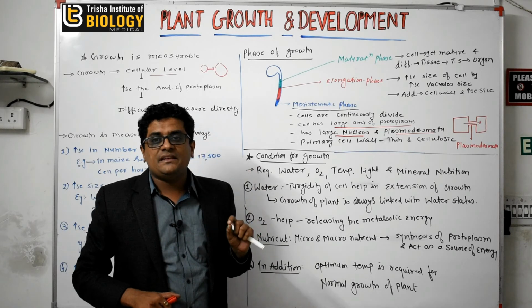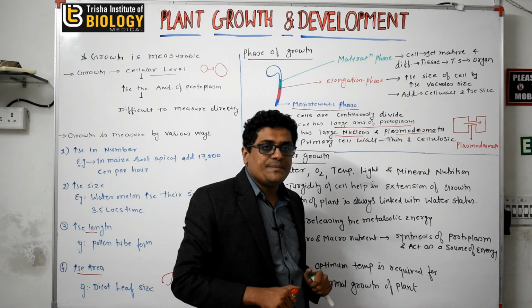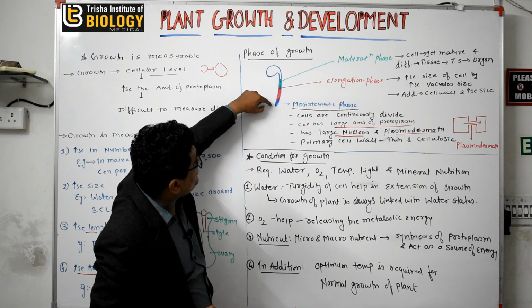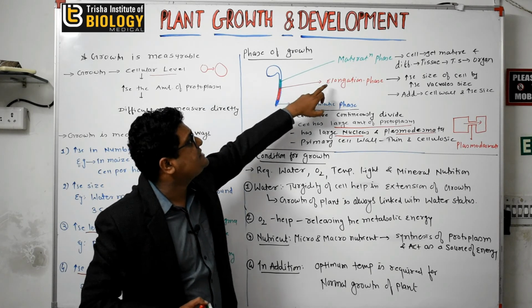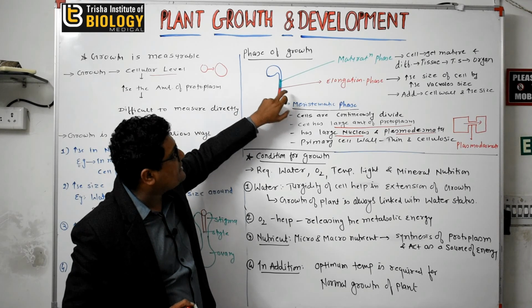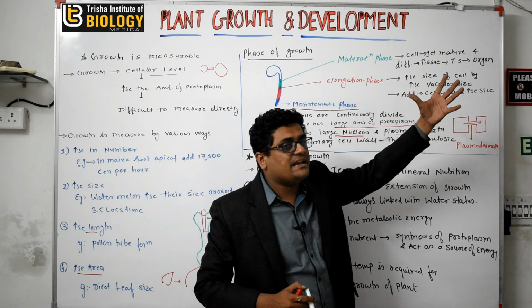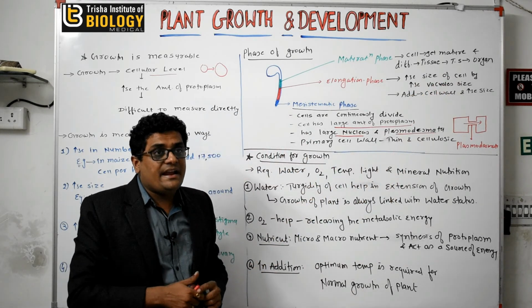Always in the meristematic cell, the cell wall is primary, it is thin and it is made up of cells. Second, just a few above the meristematic phase, it is the elongation phase. And this elongation phase, the red part, it is the elongation phase. And elongation phase increases the size of the cell by increasing the vacuole size, as well as it adds the